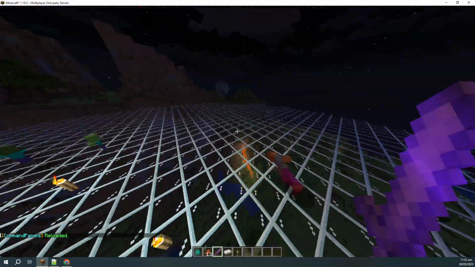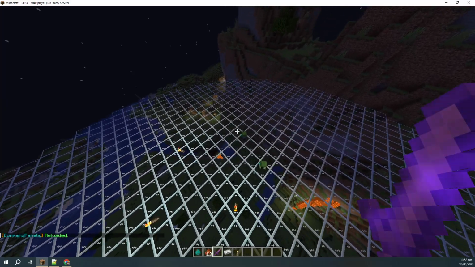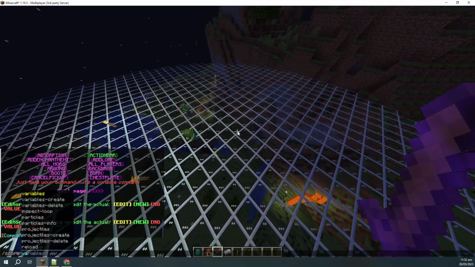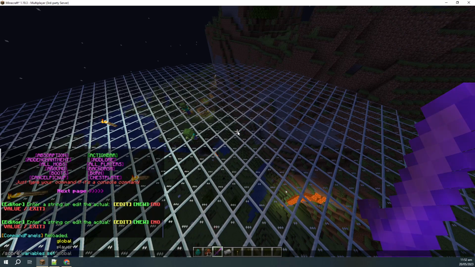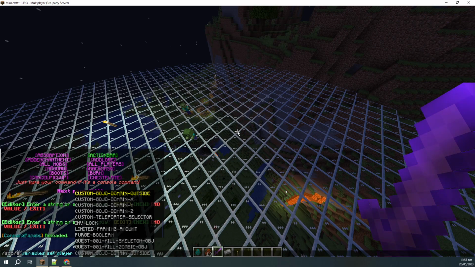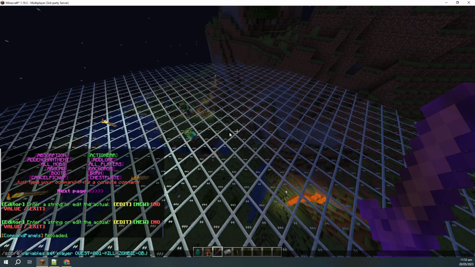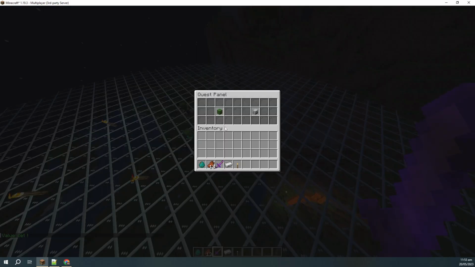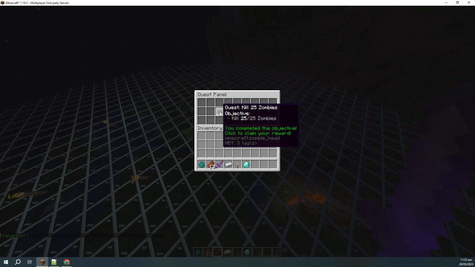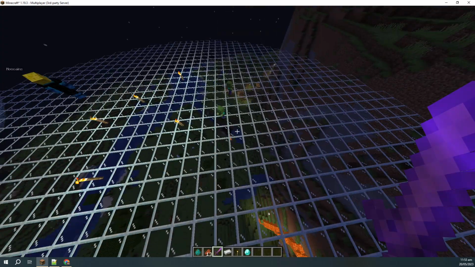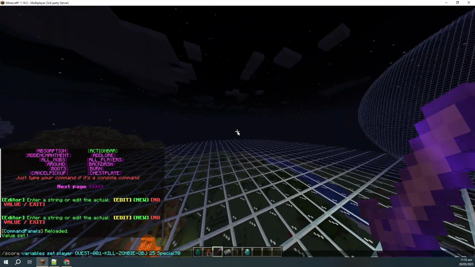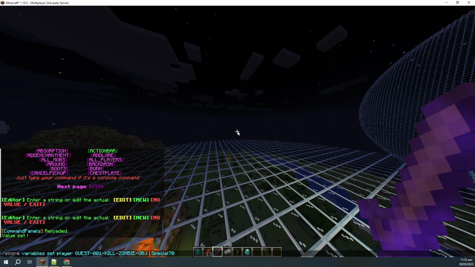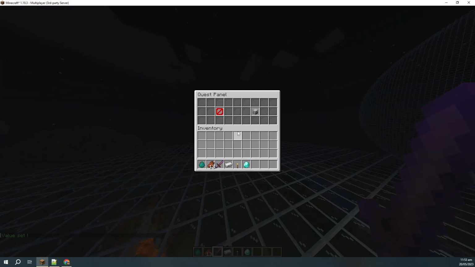Instead of trying to manually kill all of the zombies, I will just modify my count. Score variables set player quest zombie, and then 25. Okay, when I click this, see, it's already claimed. So for debugging purposes, you can just type this to -1 so you can see the